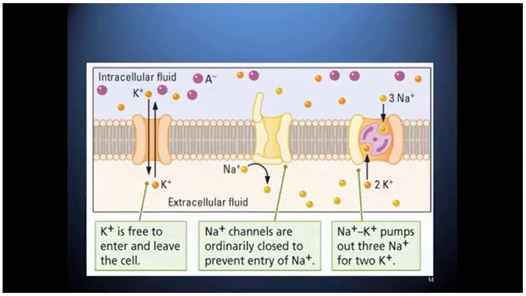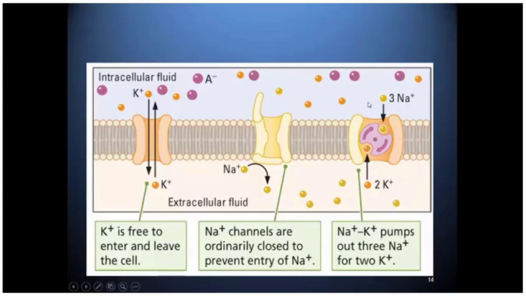All right, so here are the key players in neurotransmission. When we're talking about the action potential occurring, you have some ungated potassium channels that are present. You have gated sodium channels. You also have gated potassium channels. And then you have this sodium-potassium pump. And what it does is it actually pumps